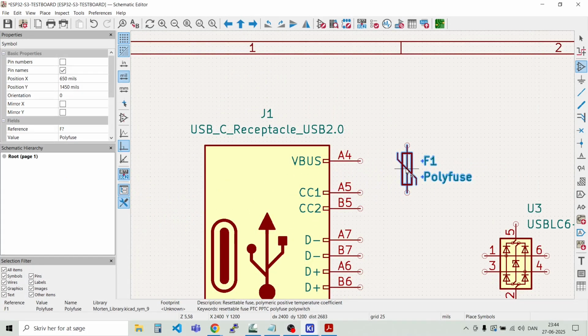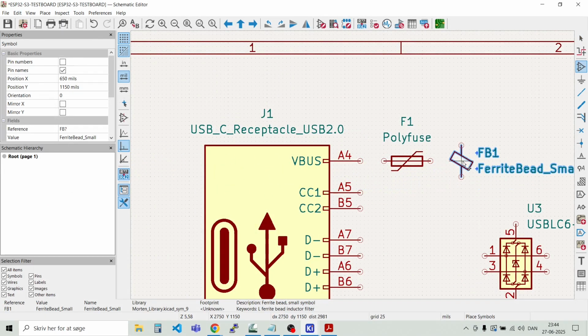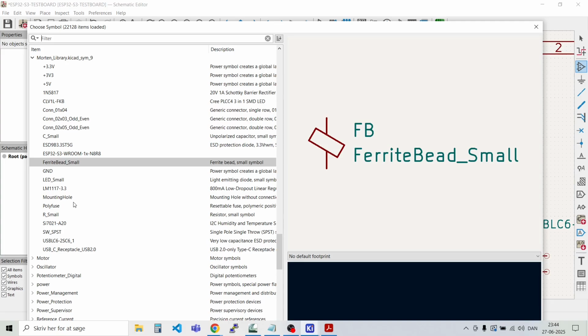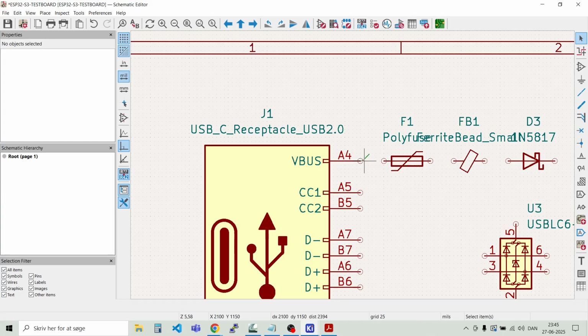So I have the poly fuse here. That should just be like a 1 amp fuse. And place the ferrite bead. And then the diode for protection of the polarity. Let's see if we can find that one. We have a small SMD diode here. Like that. And if we connect all that together,